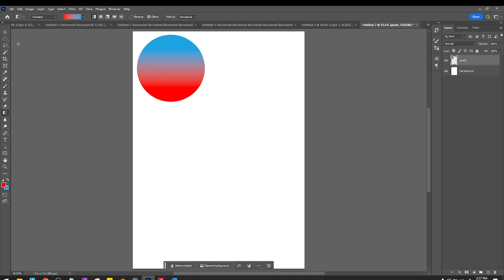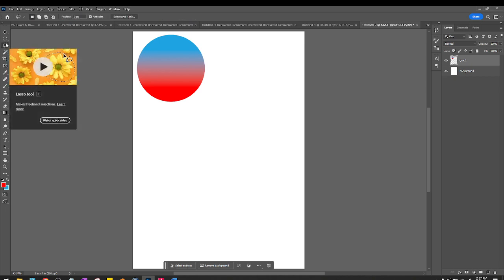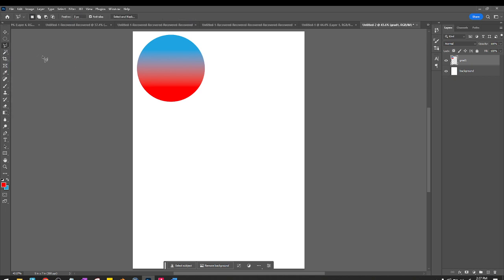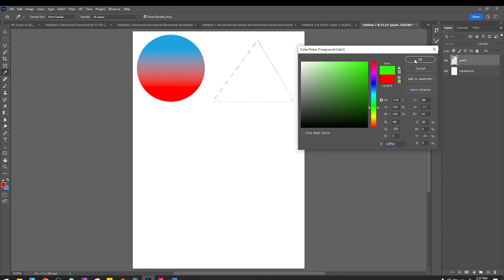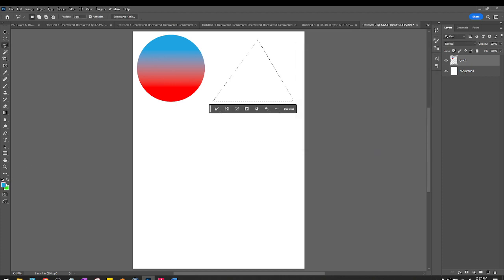All right, I'm going to use the lasso tool now. The shortcut key for that is L. Inside of the lasso tool is the polygonal lasso tool, and I'm just going to make a triangle. So I'm going to click. You make these shapes just by clicking your mouse. You can make a straight line by holding shift, and right here I'm just going to double click my mouse. That will close off the triangle, and now I'm going to change the colors to neon green and pink,